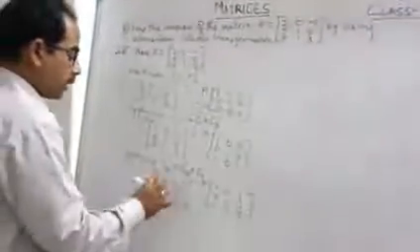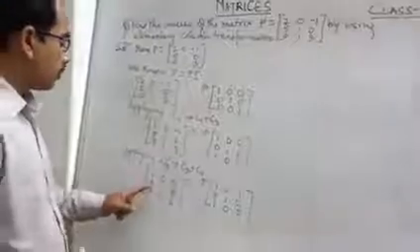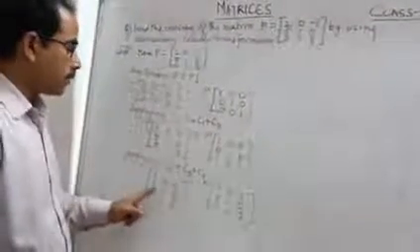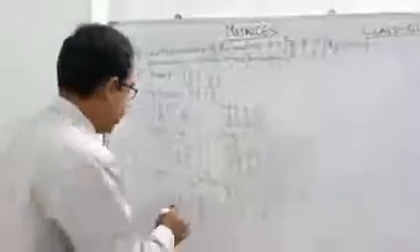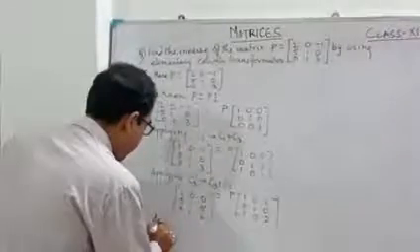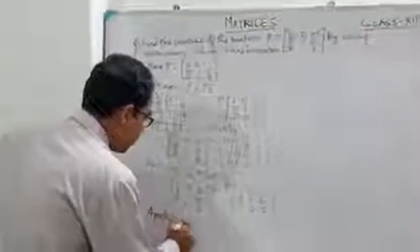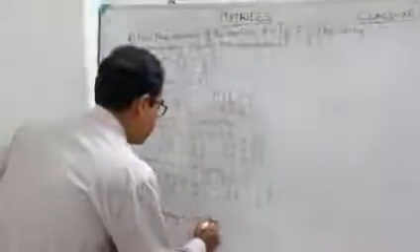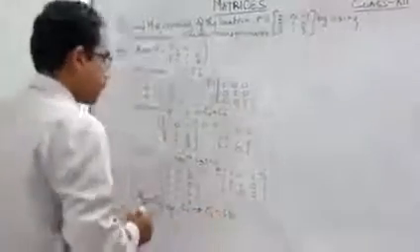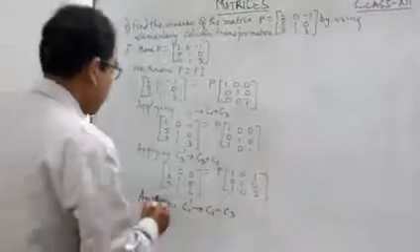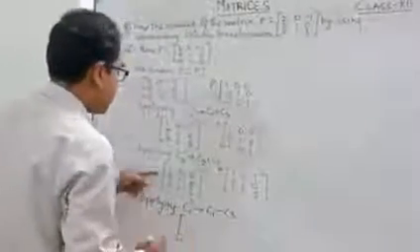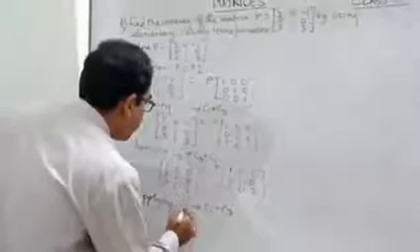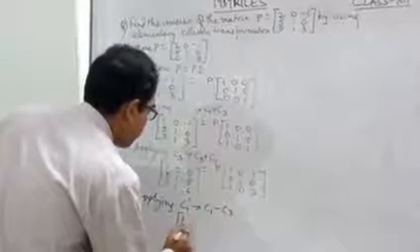Now this one we have got 1, 0, 0. This one is also 1. Now anyhow this one we have to make 0 and this one also 0. So after that again applying C1 prime, C1 minus C3. Just check it out. If I do this way, then what I will get? C1 means this one and C3 means this one. So 1 minus 0 will be 1, 5 minus 5 will be 0, 3 minus 6 will be minus 3.